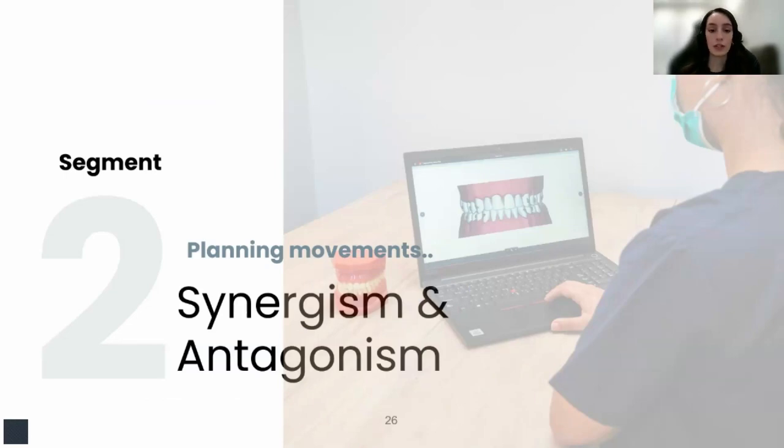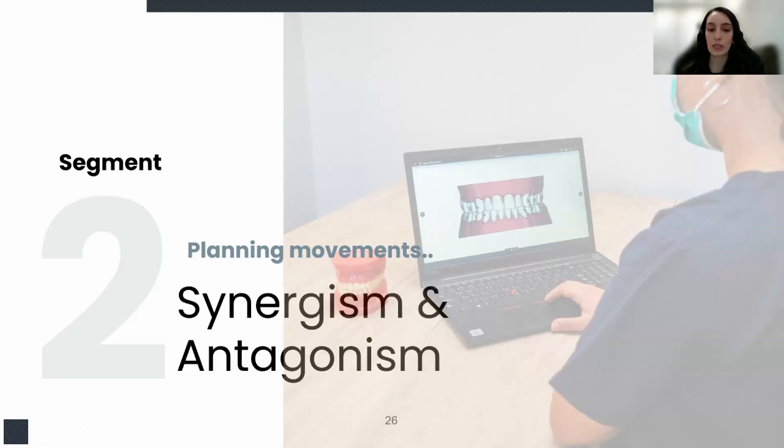So by this, we have covered almost all the important points regarding IPR. As mentioned, it is something that is already included within your treatment setup provided by your clear aligner provider. And it's not something that you need to plan, but it's very important to always make sure that you pay attention to the amount of IPR that is included in your treatment setup to ensure that you're actually performing it on your patient's teeth. Now for the next segment, we're going to be talking about synergism and